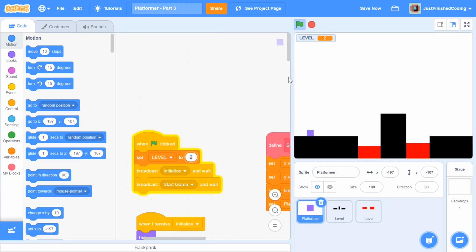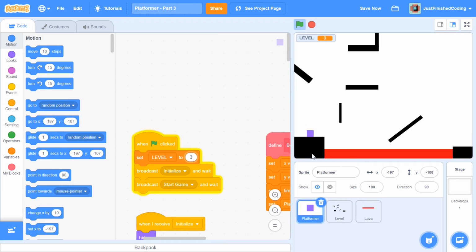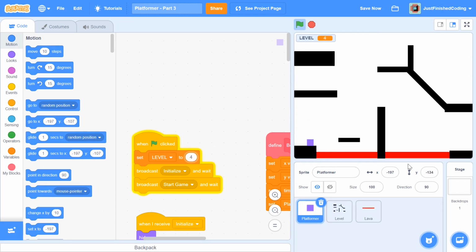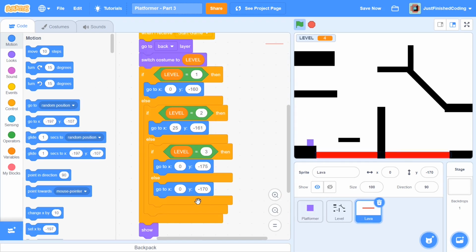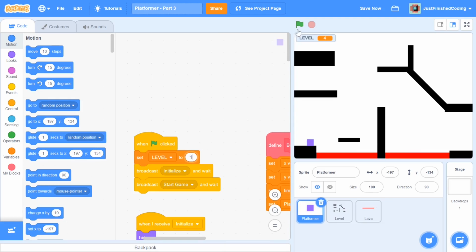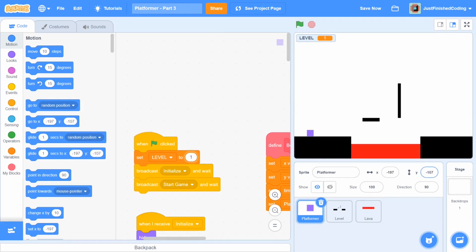Now I'm going to say level is 3 and then I'm going to click OK, and you can see this is our lava. And lastly, if the level is 4, then now you can see once again that this is going to be our lava. Once again, I think I want to go a little bit below if the level is 4. So I'm just going to change y by 2 pixels below. So yeah, that is going to be our lava. So perfect, this works all right. I'm going to set it back to be 1, and yep, now we can get into importing our